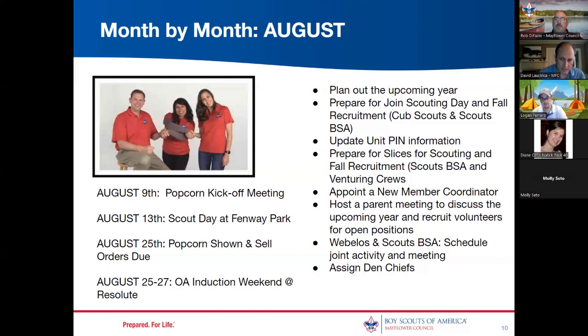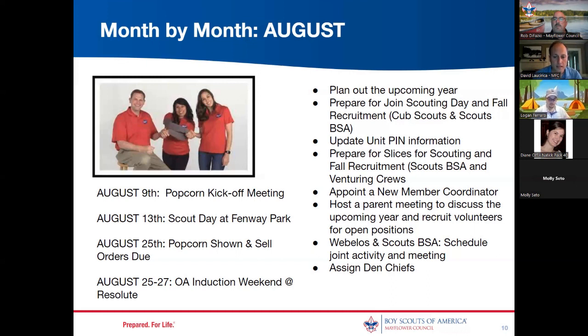One of the things that I see a lot of units forget when they're building these calendars is that it's very important to get the Webelos and Scouts BSA schedules linked together. As you know, the Arrow of Light Scouts have to attend a troop meeting as well as participate in a troop activity. A lot of times it gets put off until January, right before crossover. Now is the time to start getting those Arrow of Light Scouts excited about joining their troop and researching those troops. If you have one troop in town, reach out to that troop, or if you have a couple of troops, reach out to them and figure out how you can create a meeting for these respective Cubs, so that we're not waiting too long.